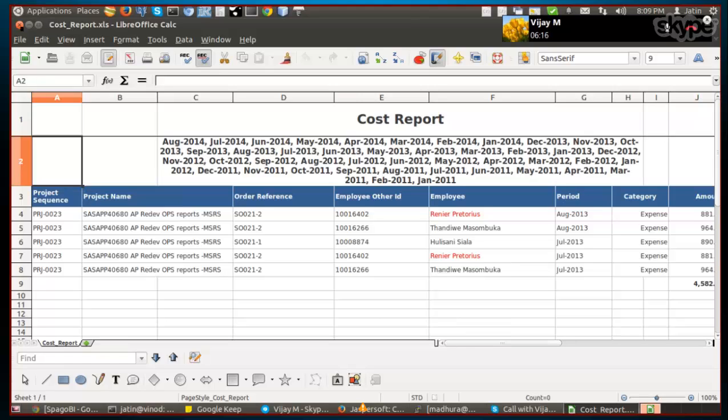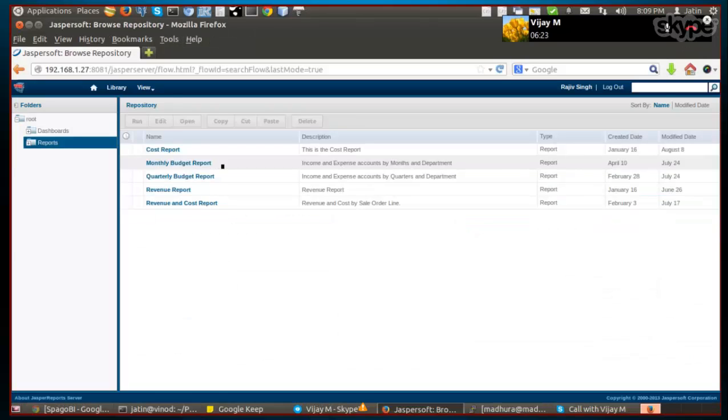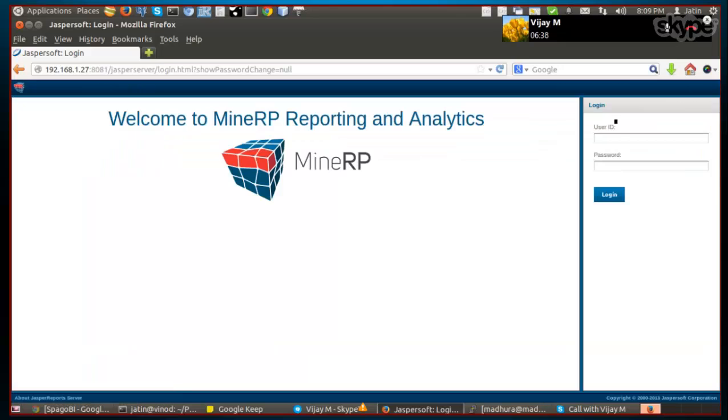I can also say, based on the kind of users that are logging in, set up the reports that are visible. Say I've logged in as someone known as Raji, so Raji can only see this particular set of reports. If I log in with admin,